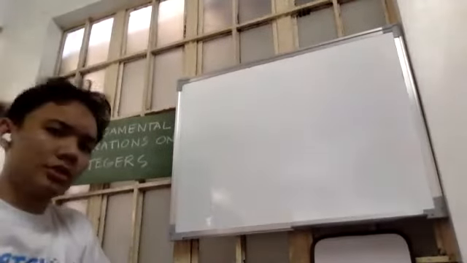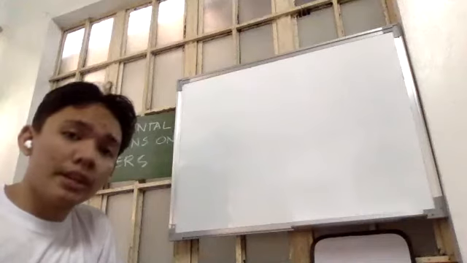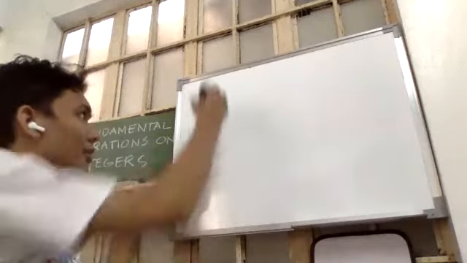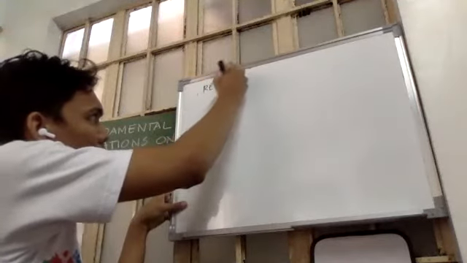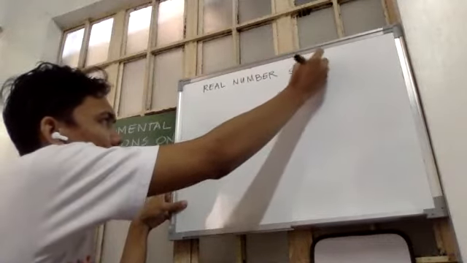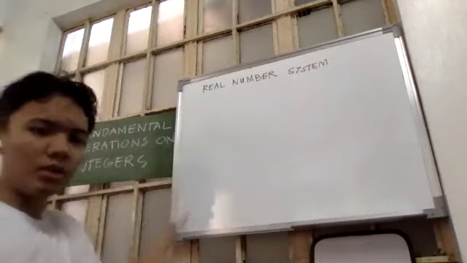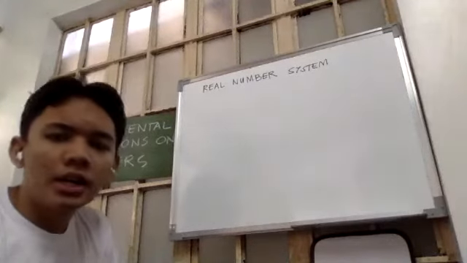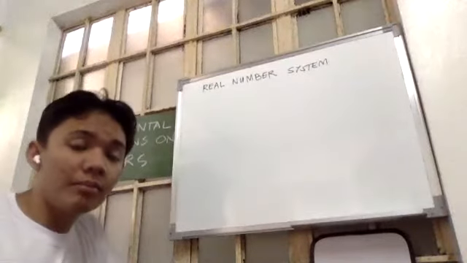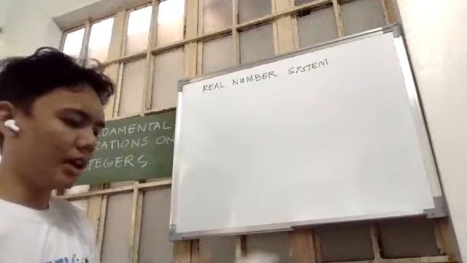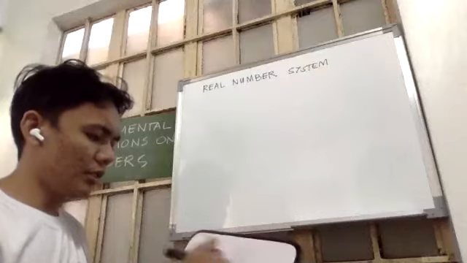So, to discuss natin today is all about fundamental operations on integers. Pero before we proceed with that, let me discuss muna yung ating real numbers o yung real number system. So, we have the real number system. Okay, so the real number system, ito yung naglalaman ng lahat ng numbers natin na real. Ibig sabihin lahat ng totoong numbers. So, meron tayong schematic diagram para doon, para makita ninyo kung paano siya. So, napag-aralan natin last time is yung Venn diagram. Tama? So, for the real numbers,